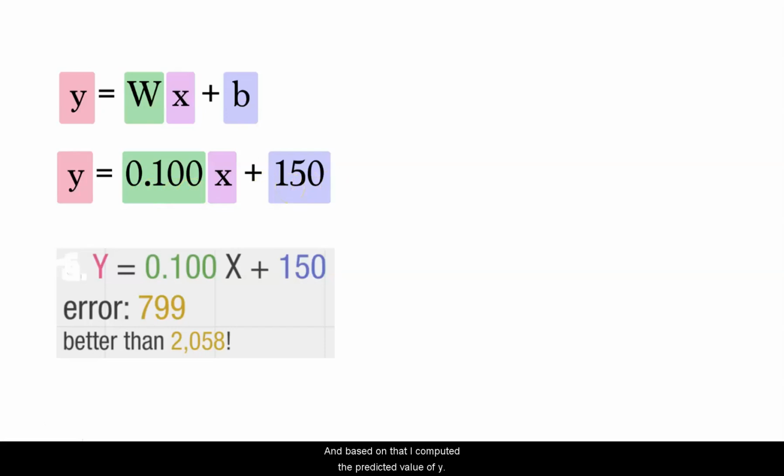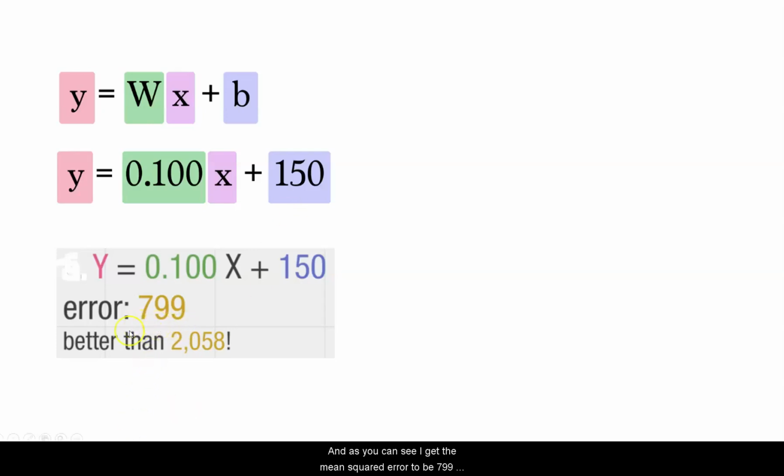Based on that, I computed the predicted value of y, computed the difference between the actual value of y and the predicted value of y, squared those values, and found